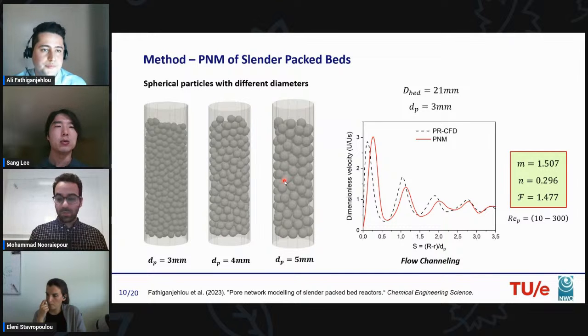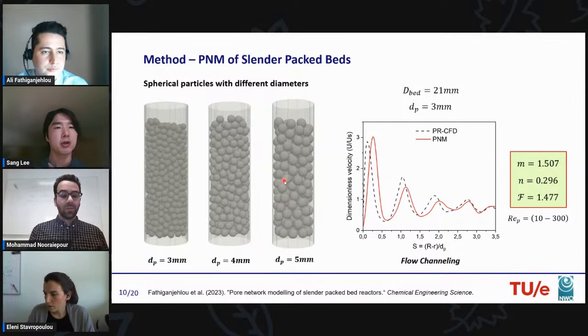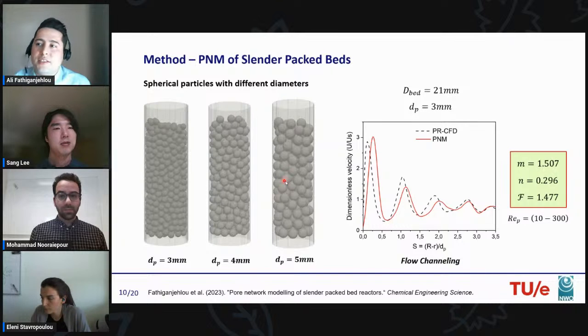So then would you expect, if the shape of the particle is different, but the porosity is kept about the same, would you expect about the similar performance, or? It is not only the porosity, because